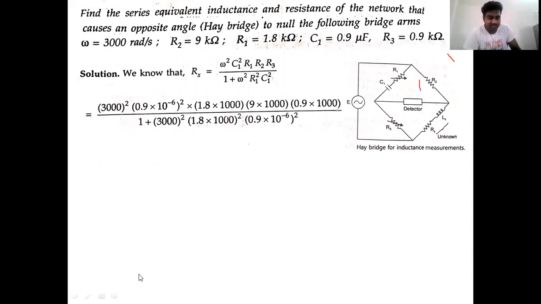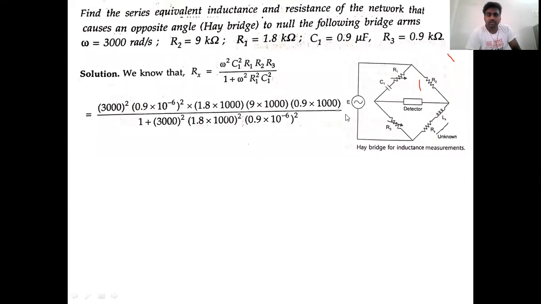Right, verify the answer. Someone posted the answer, that is 6822 ohms. Anybody got the same answer? Right, 6.83 kilo ohm. Some people got 6.83 kilo ohm. I myself got 6.8 kilo ohm. Anyone got similar answers? Cross verify this. 6800 ohms or 6000 or 6.8 kilo ohm or 6.83 kilo ohm. These are the answers which are posted in the chat box, and I myself got 6.8 kilo ohm.